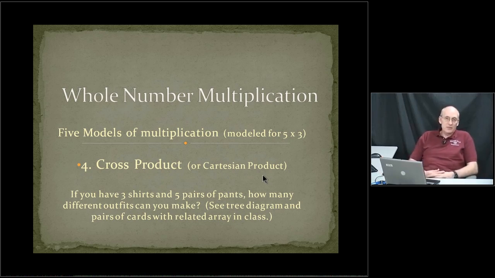Sometimes you'll see this in textbooks, but a lot of people have actually never seen the cross product model of multiplication. In this case, the model is really a word problem situation that again is multiplicative. If you have 3 shirts and 5 pairs of pants, how many different outfits can you make? Well, it turns out you can do a tree diagram of that, and we've hopefully talked in class about what a tree diagram looks like, that you can do the tree diagram and actually see the multiplicative nature,